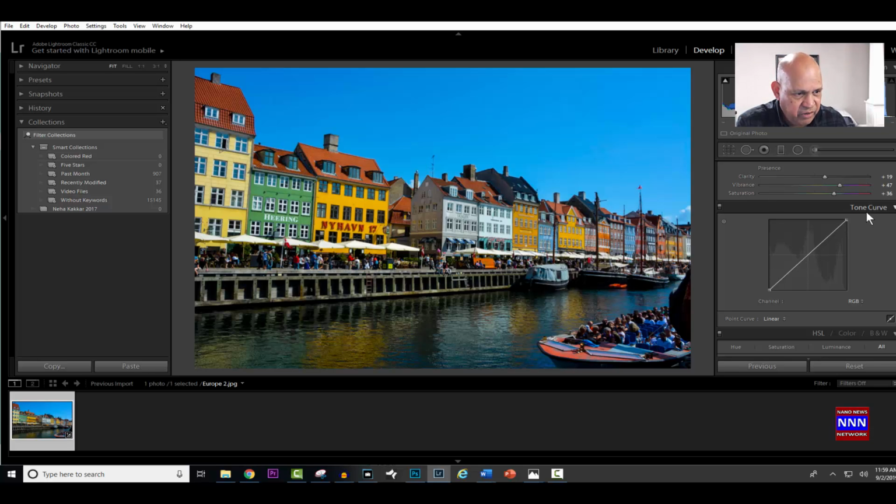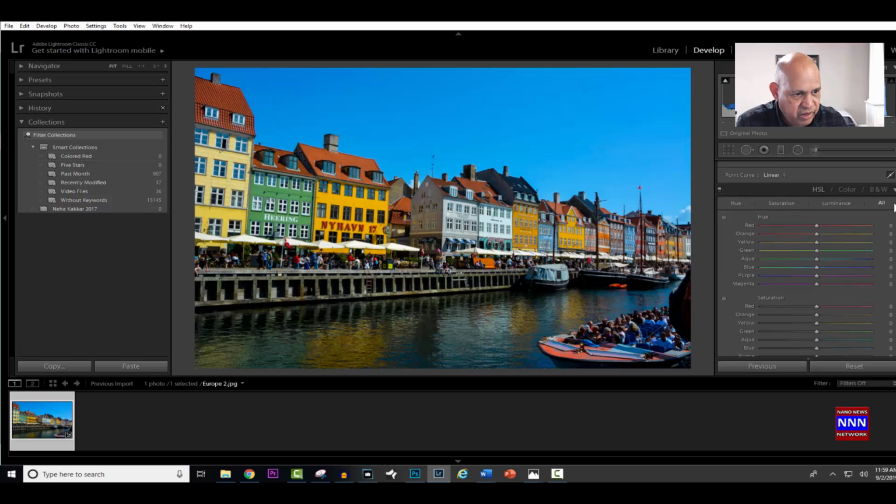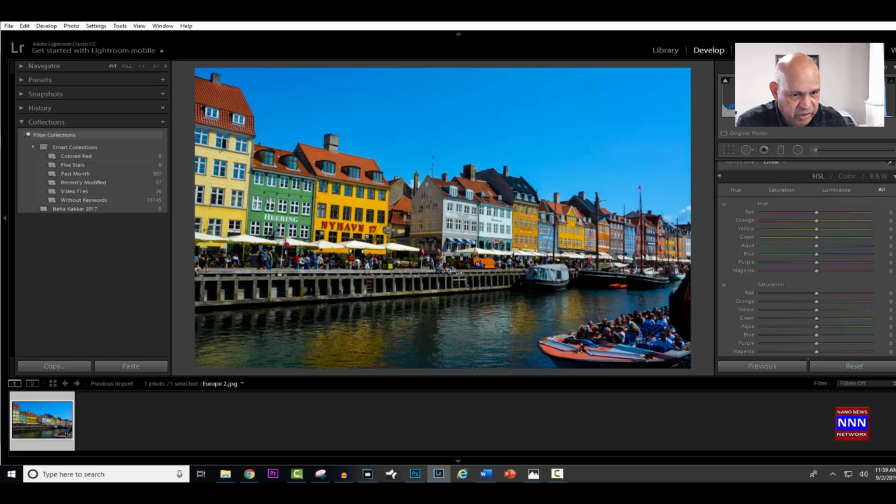So some people use this tone curve, but there are different approaches. Now we're going to go on to the individual colors. That's what I'm interested in, because this picture has so many different primary colors. So first we're going to play with the red color and see how we can use this to improve some of the changes. I don't know if you can see, watch these red tiles and see if you can see